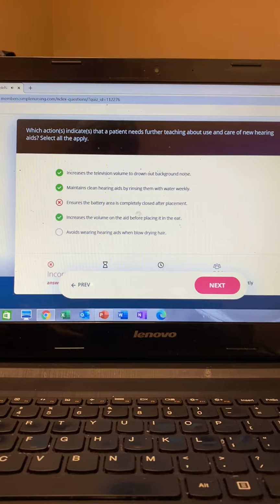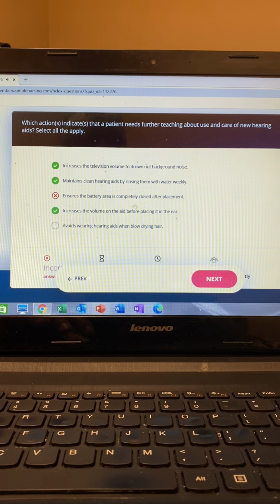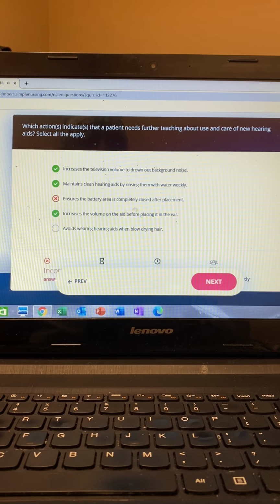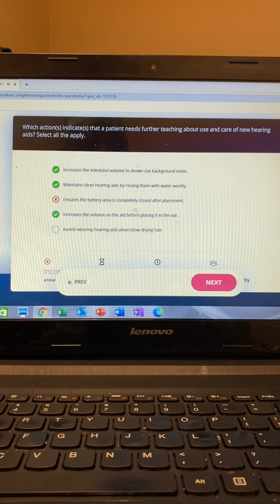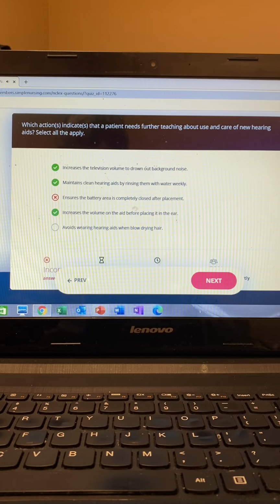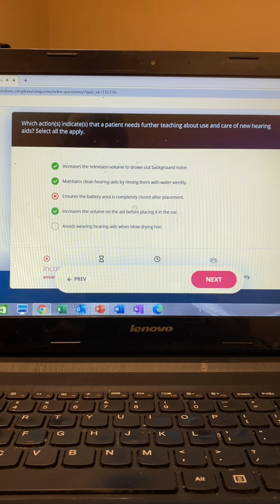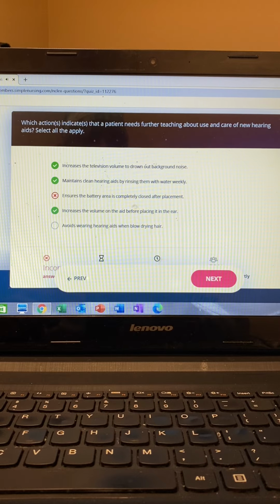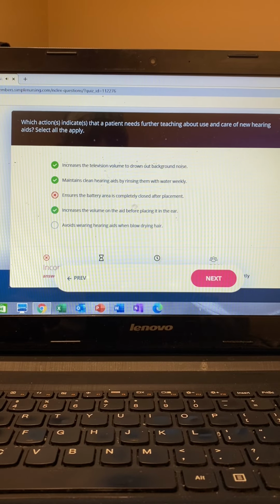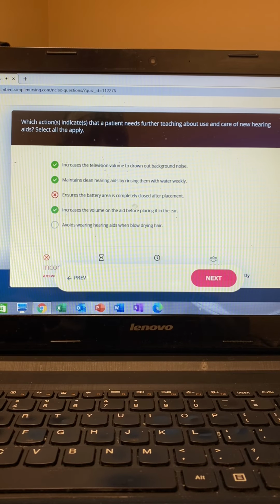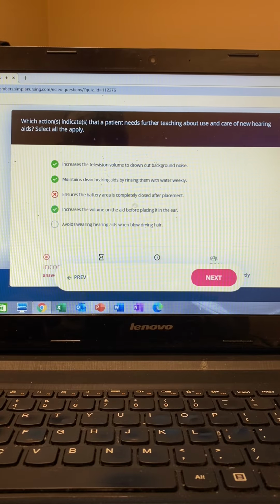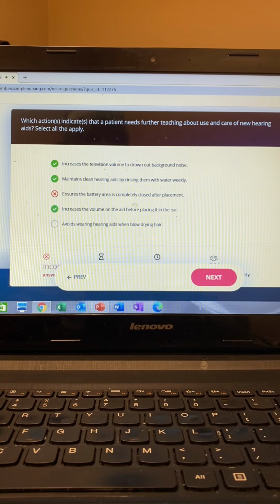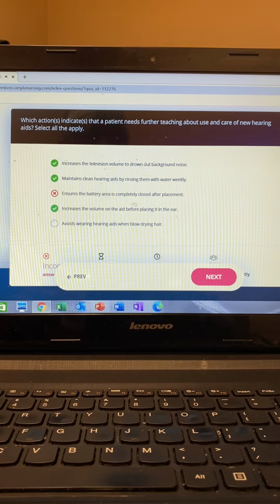So option number 1, guys, we should not turn up the TV volume to drown out the background noise. The patient may need to have a volume adjustment here. So we have to choose that one. Option number 2, we also have to choose because we don't put hearing aids into water. We just wipe them down. They're technically not waterproof. And option 3, we have to skip because we close off the battery once the battery is put